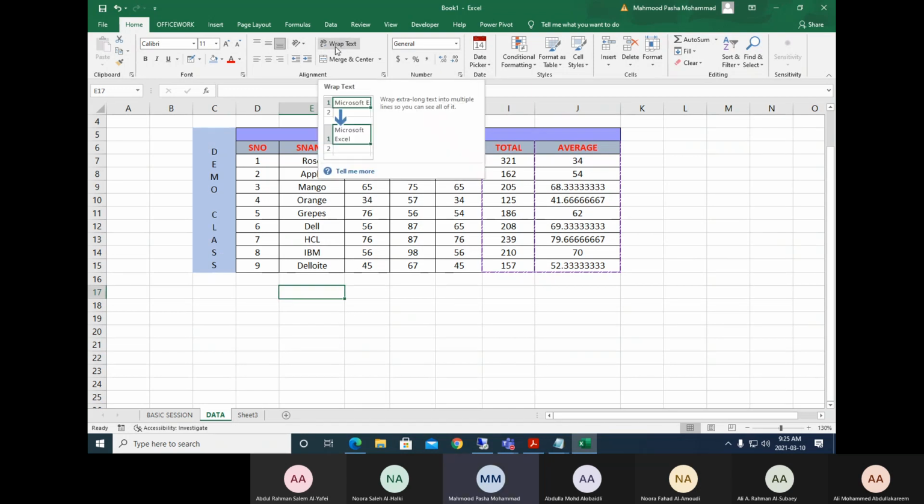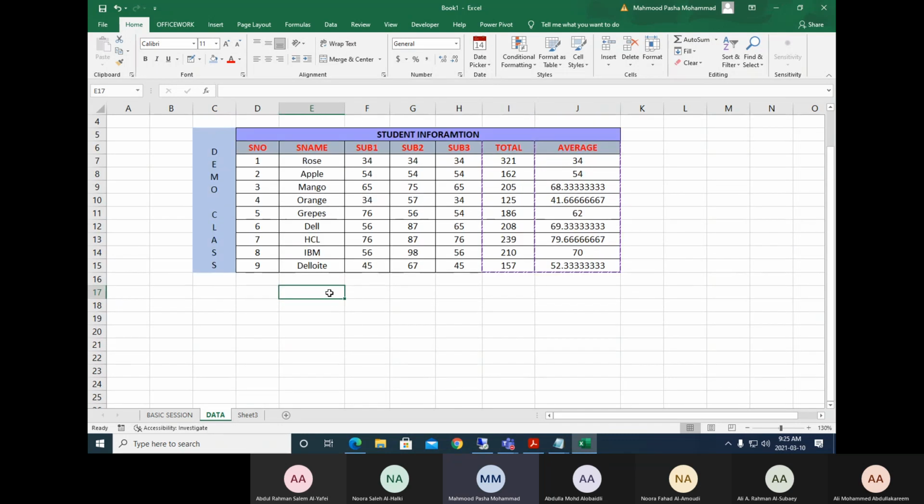Next thing, wrap text. What is wrap text? For example, first of all I will select these rows and merge them. You can see here there are four different operations. Merge and center means the text will be centered. Merge across selects cells in the same row into one large cell, meaning all the cells will be merged into one cell. Merge cells is also fine, but it will not center-align. Now I'm selecting merge across.